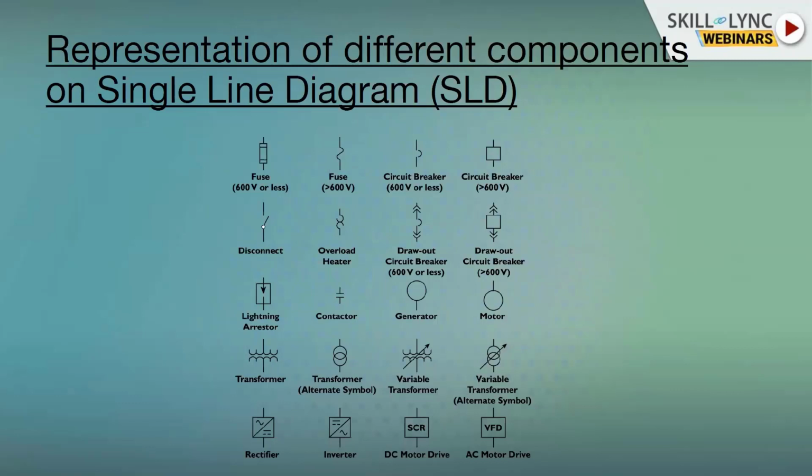One point should be noted here: there are no universally accepted notations for representing these power system components. In some particular country, they may use different notations for a transformer, a transmission line, a load, a generator or anything else, but in some other company or some other country they use different notations. That is the beauty of the single line diagram also. It's quite flexible and it completely depends upon the utility or the service provider.